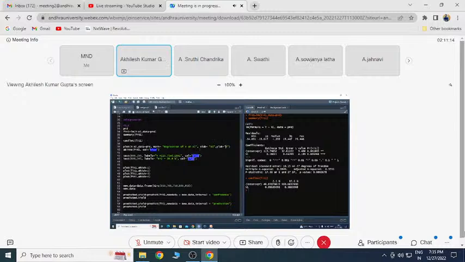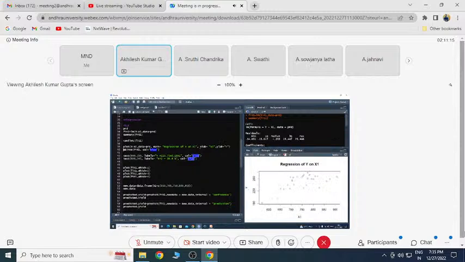So you can check like this: regression of y on x1. Whatever I have written here in double quotes will be given as my title. Whatever I give on ylab will appear on the y-axis, then the x-axis, and you will get your scatter plot. Then I want to fit this line. You have seen many times there is a regression plot, your scatter plot. Over that, you have your regression line.